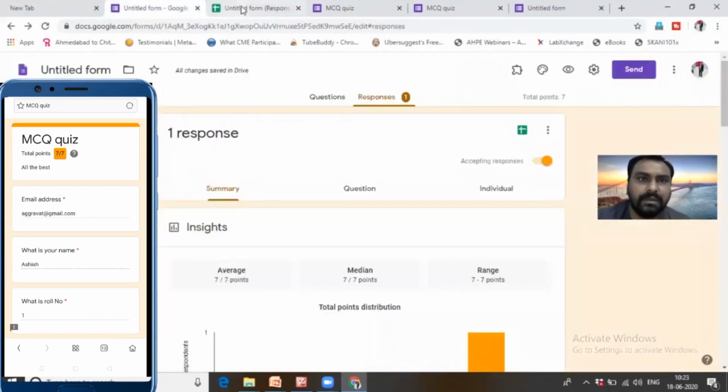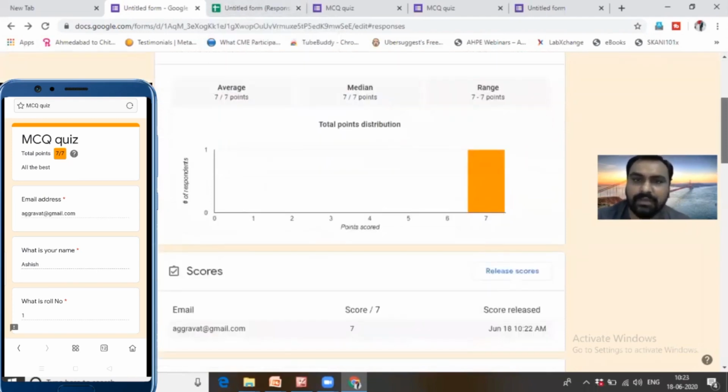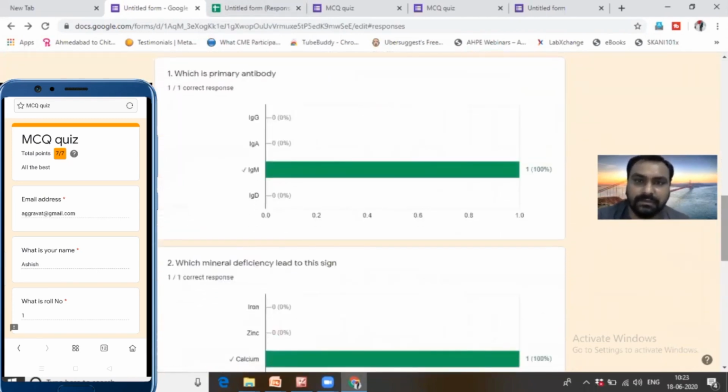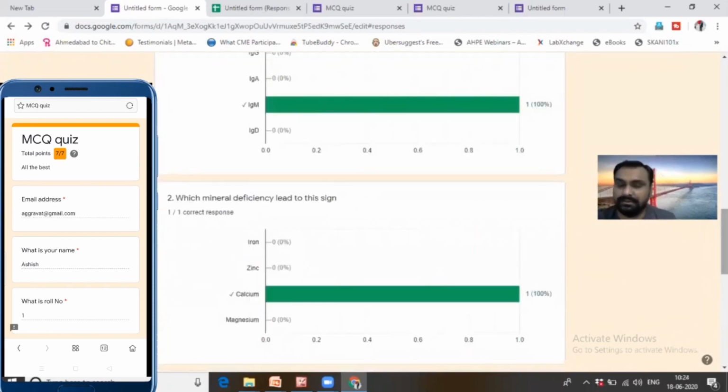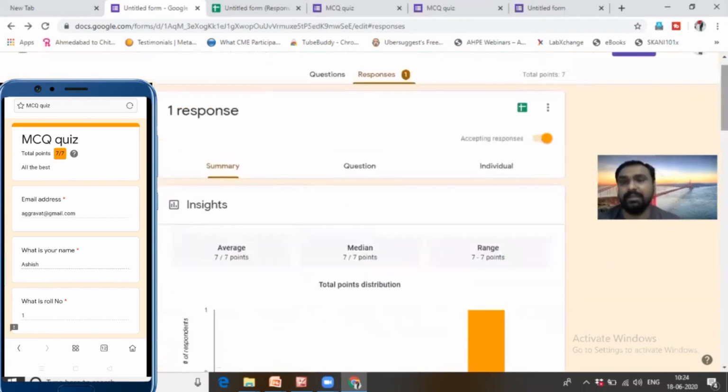Also in the response there is a summary. I will get the average score of the students, which question got maximum marks, which question got least marks. All this summary we will get via different charts and presentations. So Google Form is very useful to you.